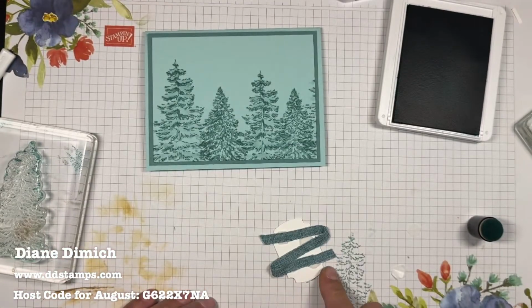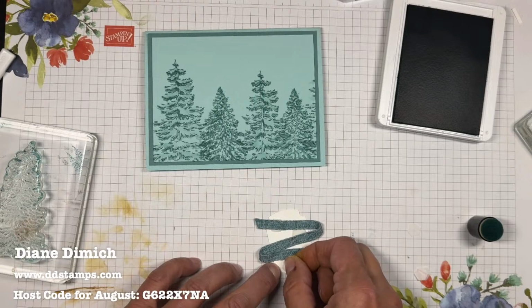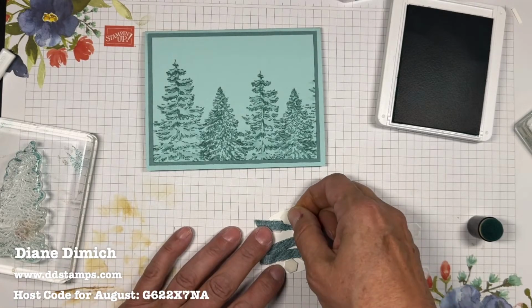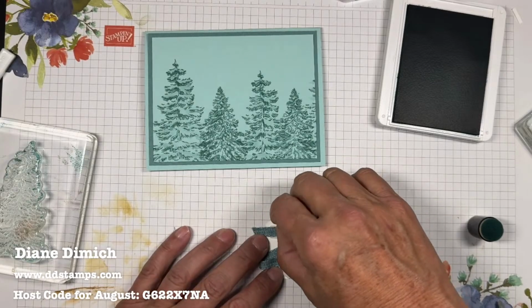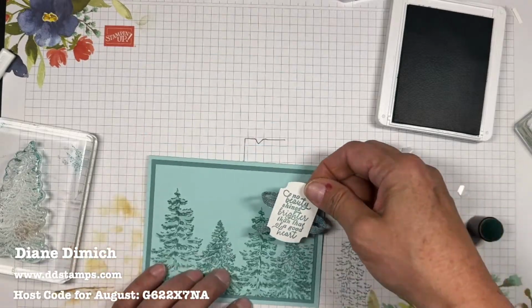And then what I can do is just add a couple more dimensionals. It doesn't need a lot. It just needs like one here and maybe one at the bottom. That's good because that's all I have on that sheet. And then pull off the backing of that. And you've got